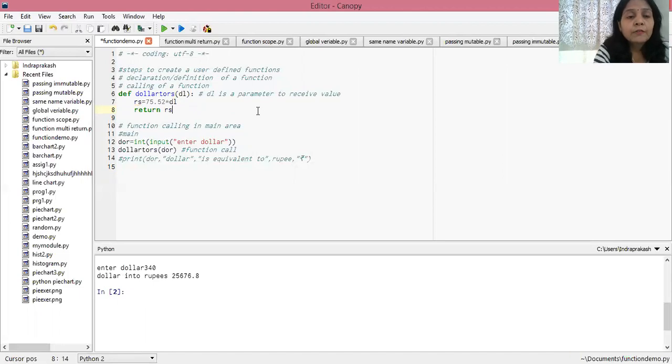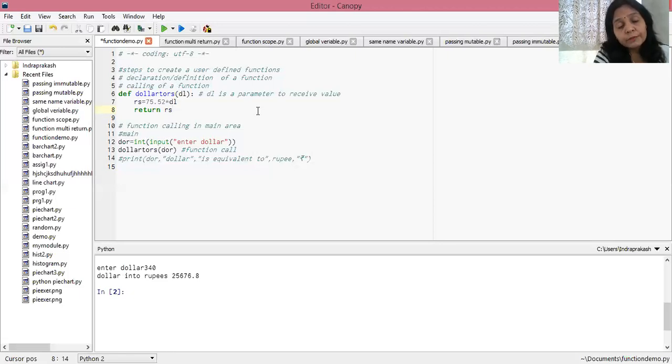rs is a value which is manipulated by the function, or you can say rs is a value created by the function after manipulating the value of the variable dl. We need to access the value of rs in another function, another module, or outside of the function.